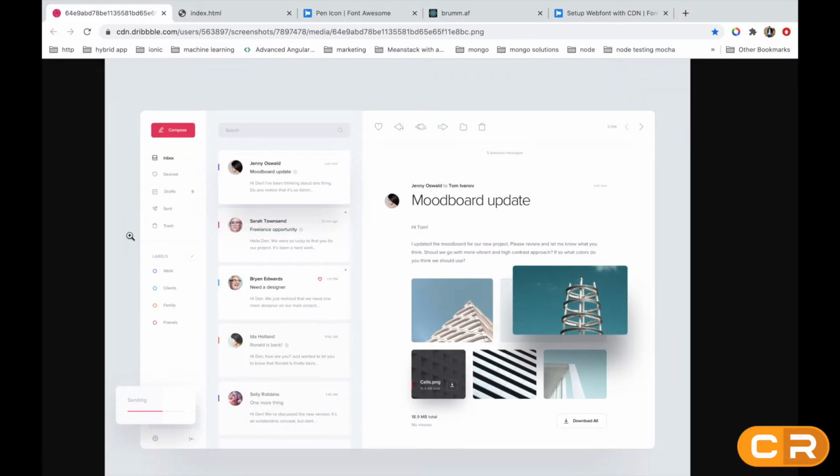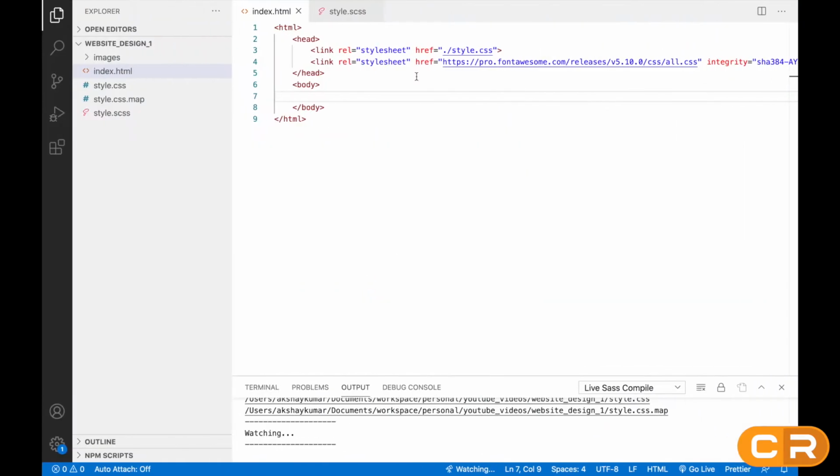So let's start discussing this template. Here, if you see, this is the main section, and there are three different sections inside the main section, right? This is the sidebar, this is a card section, and this one is a detail section. First we'll create one div and the class name will be main container.